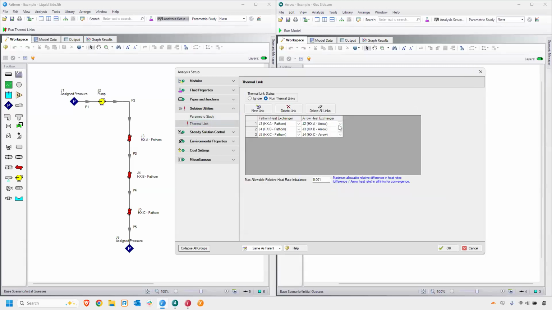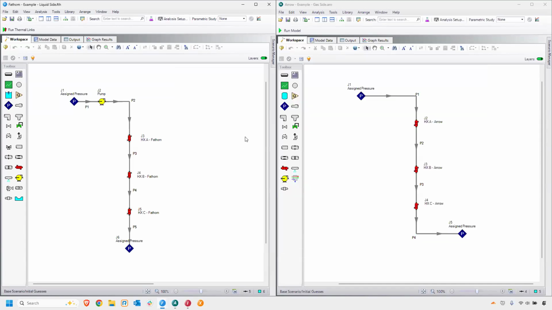Sometimes this is something we're looking to fix, but sometimes that doesn't appear. So you can see these heat exchangers are available in the dropdown. This has already been set up, so I've defined my heat exchangers and which they're linking to between Fathom and Arrow. And what we can see is this will change our run option here to run thermal links instead of